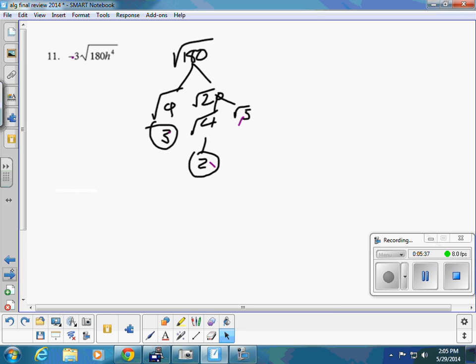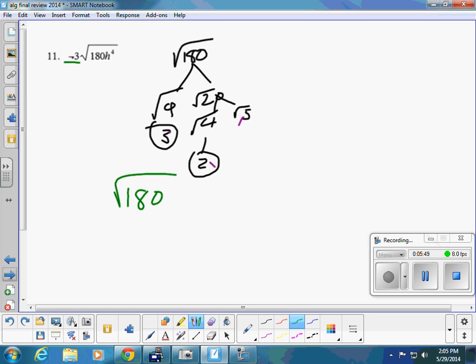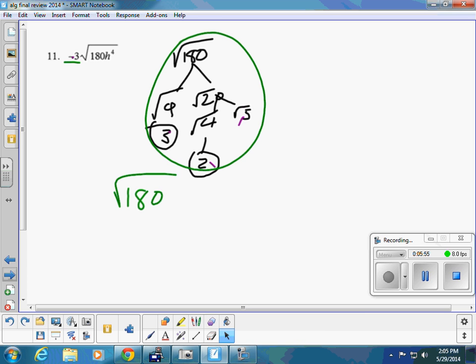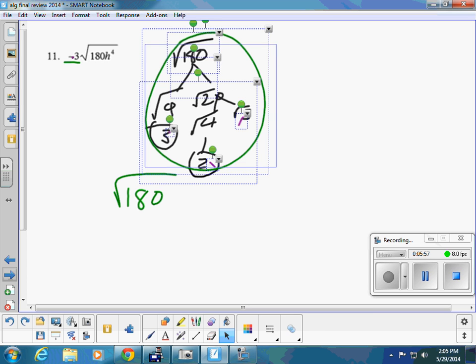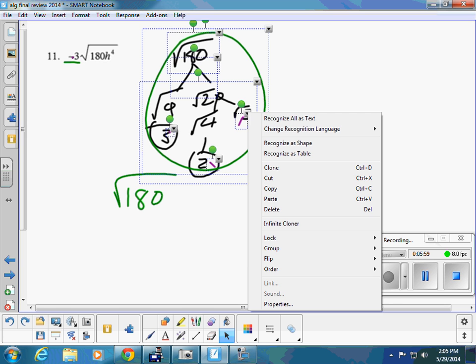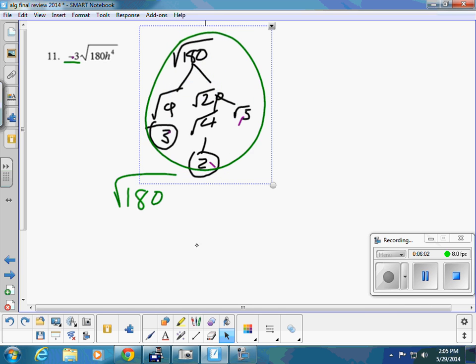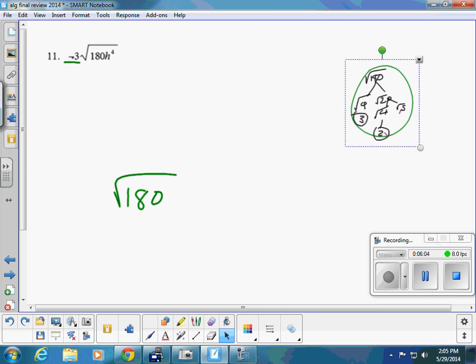Moving on to 11 is a similar question. I have the solution up there, but let's walk through it. So let's leave the negative 3 alone for right now, and we're going to work on the radical 180. Up here, I use 9 first, and I work my way through it. I'm not going to do that with this one. I'm going to make it a little easier on myself. Let's push this over here. So I know